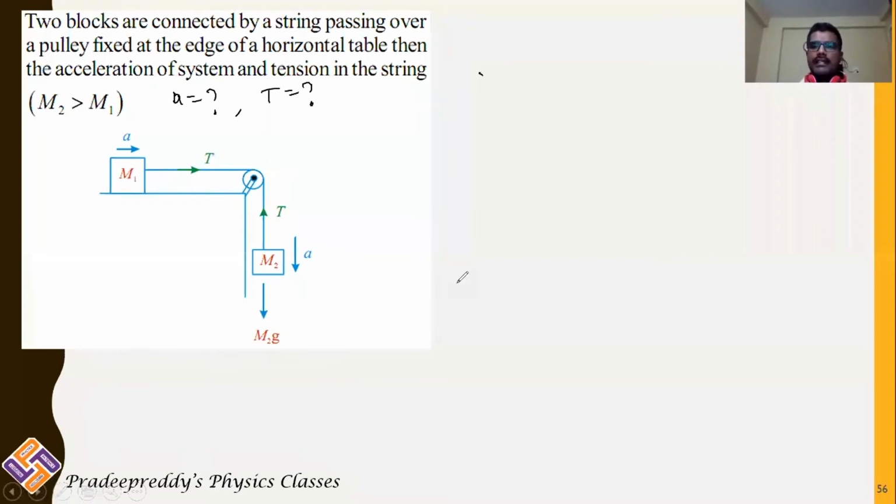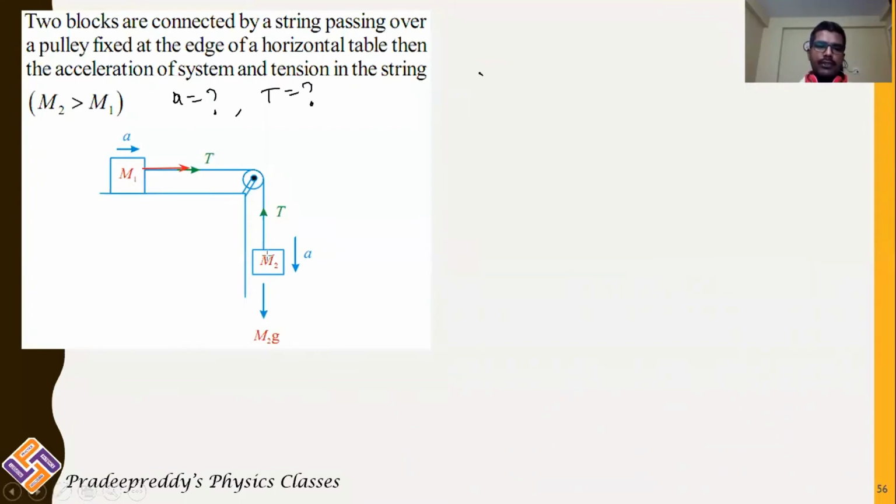Just how many masses are there? Two masses are there. Therefore, you will draw two free body diagrams. Each mass gives you one free body diagram. Now let us draw free body diagrams for the individual masses. For mass M1, there is one tension acting right side, and these surfaces are frictionless. We are considering these as smooth surfaces. So M1 is pulled right side by the string. Because of that, there is some acceleration observed, it is A.